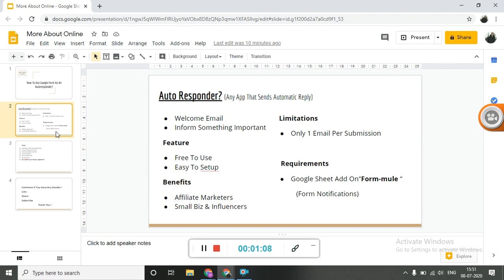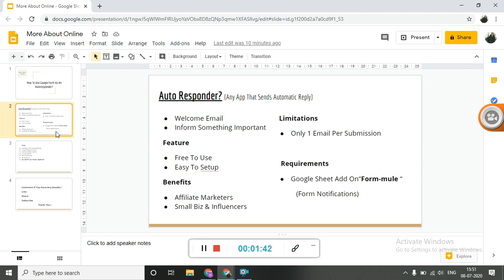which will tell them about your services, your products, what you do, why you do, and you can share other details, like if you want to share any PDF, you can share a link to that PDF, you can share a link to your website. So there are many other details that you can share with them. Now the Google form, the application that we are going to use today, is completely free to use. You don't have to pay anything to use that, and it is very easy to set up.